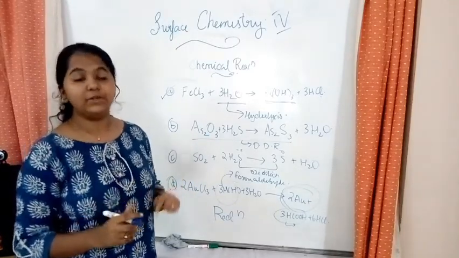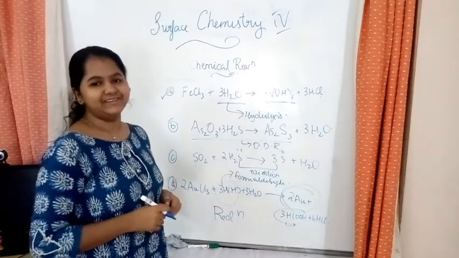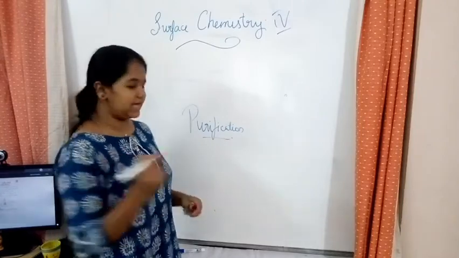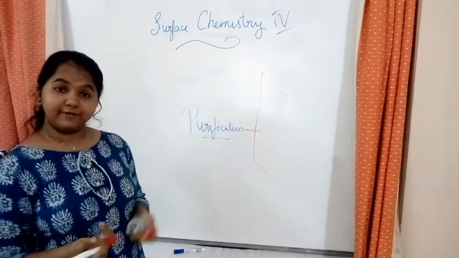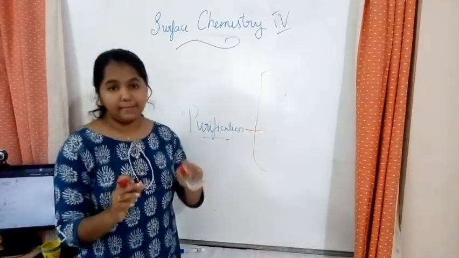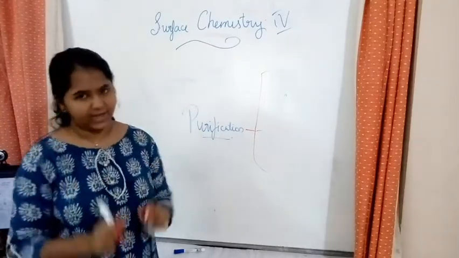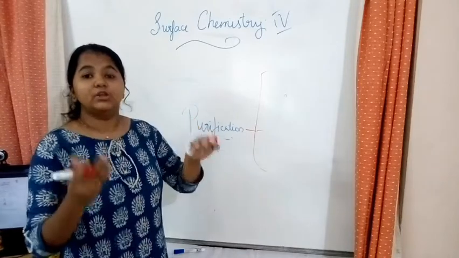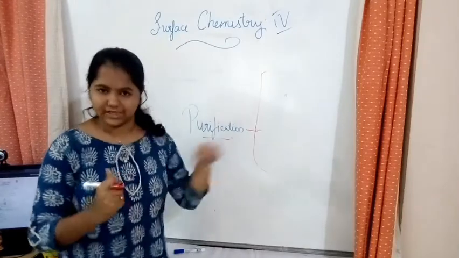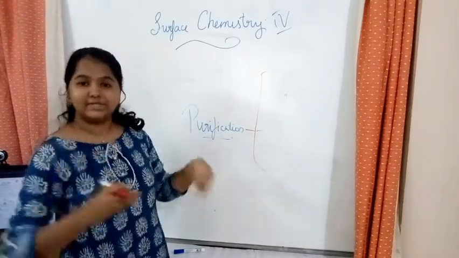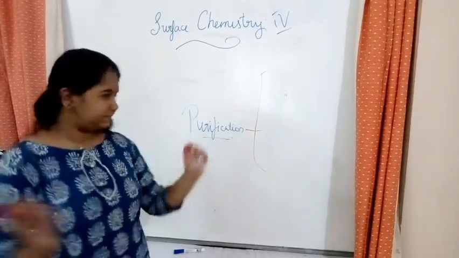Now we have to learn about purification of colloids. Let's see the purification of colloids. Purification has 3 methods. Okay, why do you need purification of a colloid? A colloid, to be stable, only requires traces of electrolytes. When the electrolyte is in excess, they will coagulate. So to remove those electrolytes, you need purification methods. So if you remove the electrolytes, then what is remaining? That is the colloidal particles. Okay. So let's see.